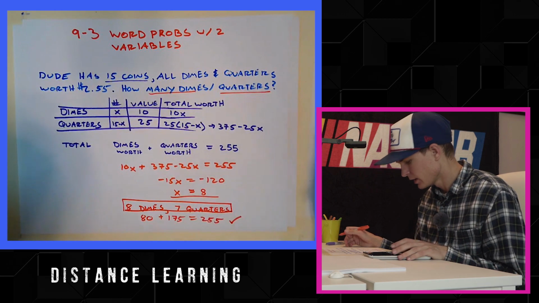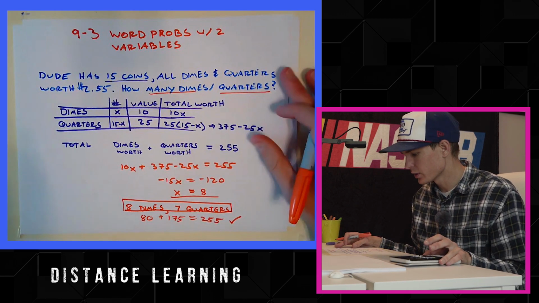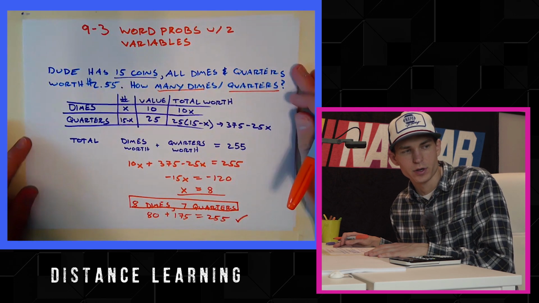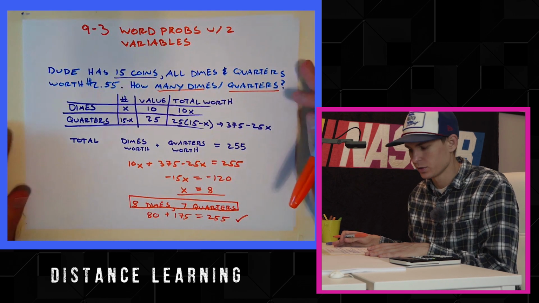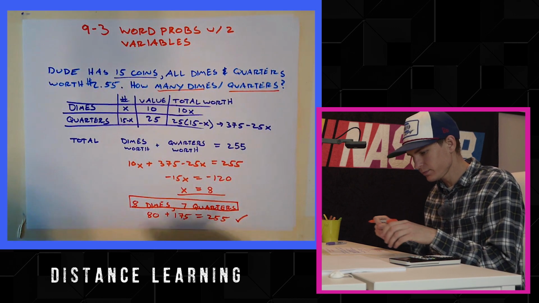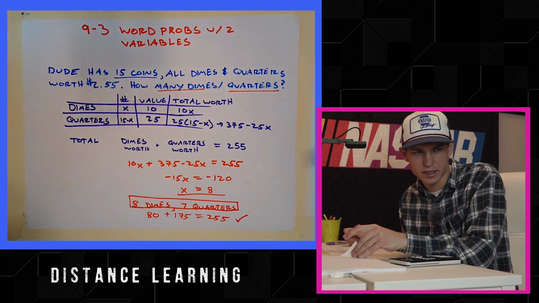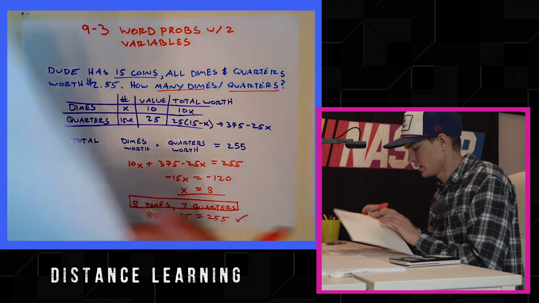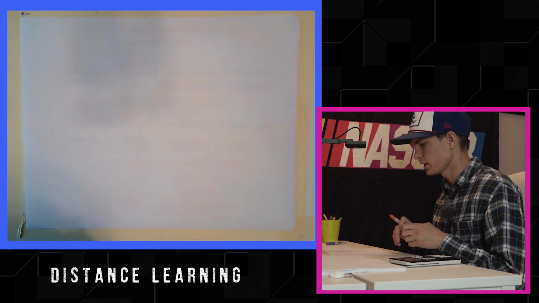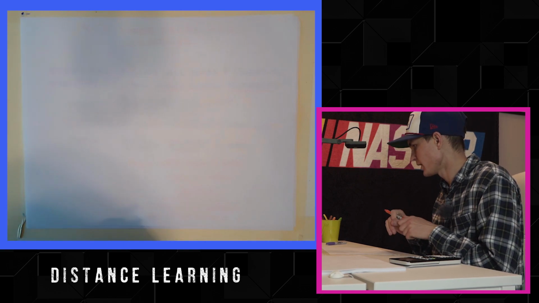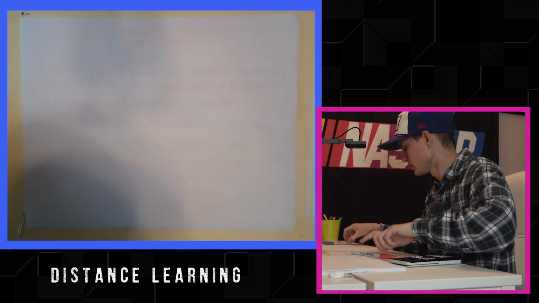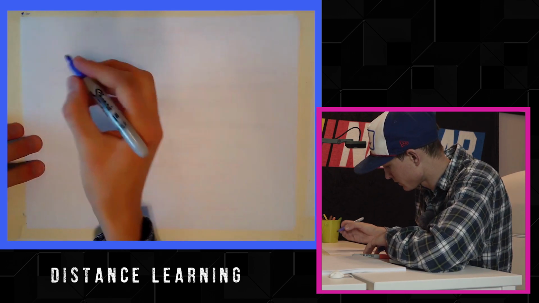Not too bad. That's how we did it before. If you asked your parents for help, they're probably like, why are you doing one variable? You should have a variable for dimes and a variable for quarters. And hopefully after this, that's how you'll want to solve them. I think it's a much nicer way. You might take some time to kind of get into it. But, so with that same problem of